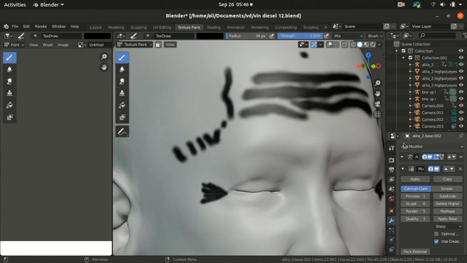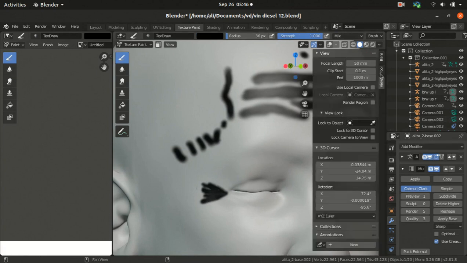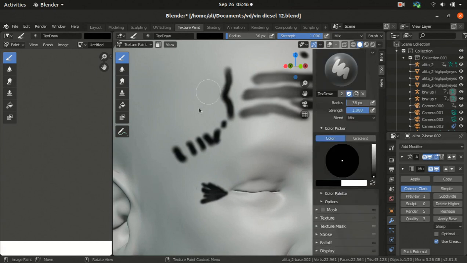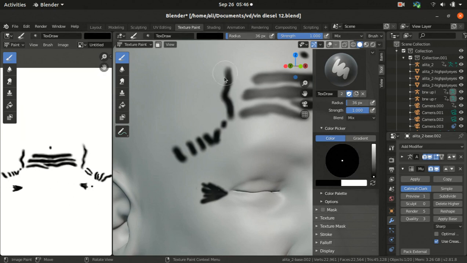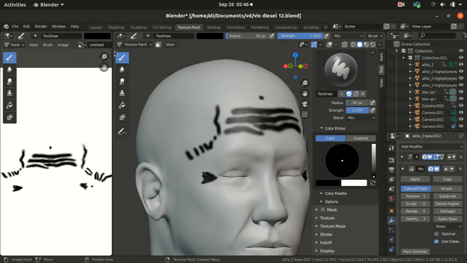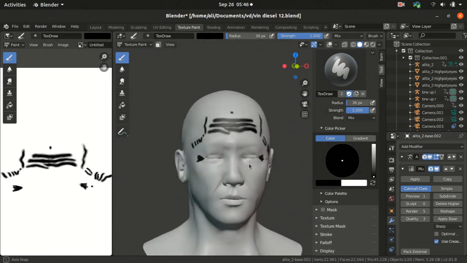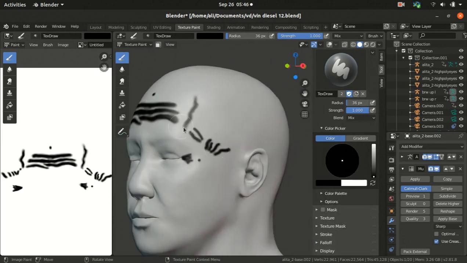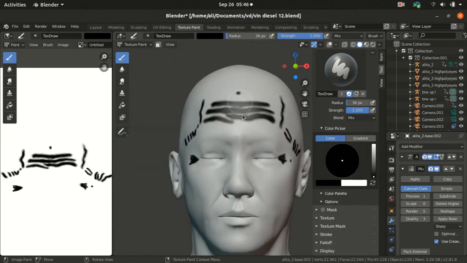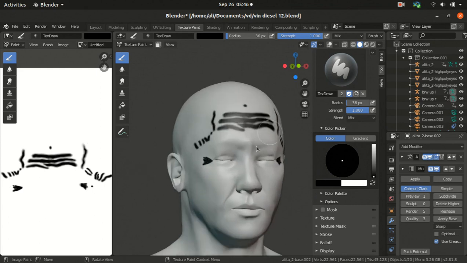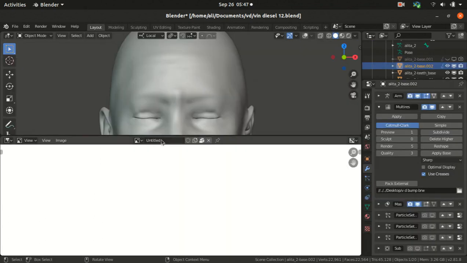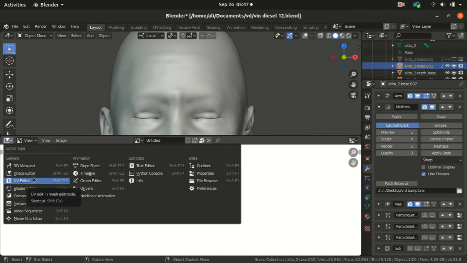So that's when I did this, and it's very simple. You just draw and you choose. First, make sure your image texture is white. Then I chose black, and then saved it. I really used the reference to do it. I didn't just do it from imagination. I followed the reference. So after doing this, I went back